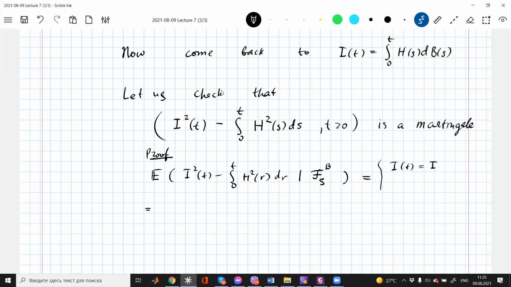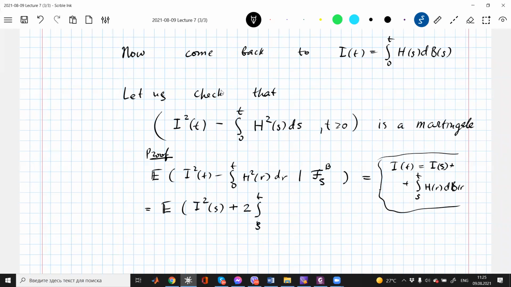This is the integral from 0 to s. In my notation, this is I from s, plus the integral from s to t of h(r) dB(r). So I use this property and put it into the square, and what I will get is I squared from s, plus 2 times the integral from s to t of h(r) dB(r) multiplied by I(s), plus